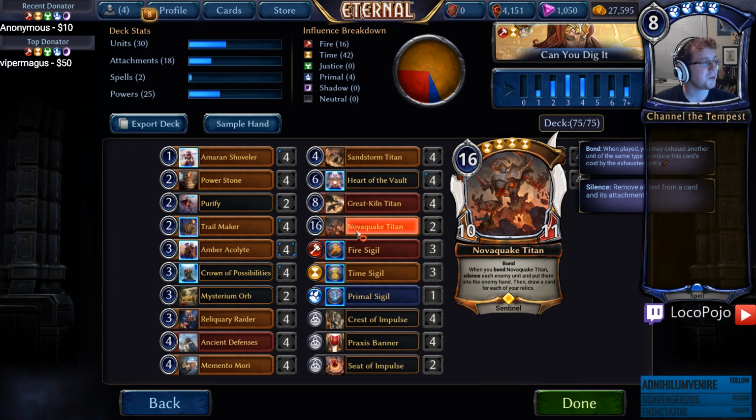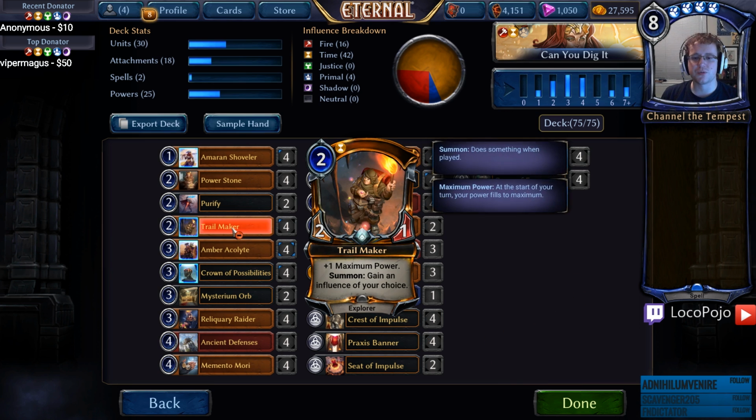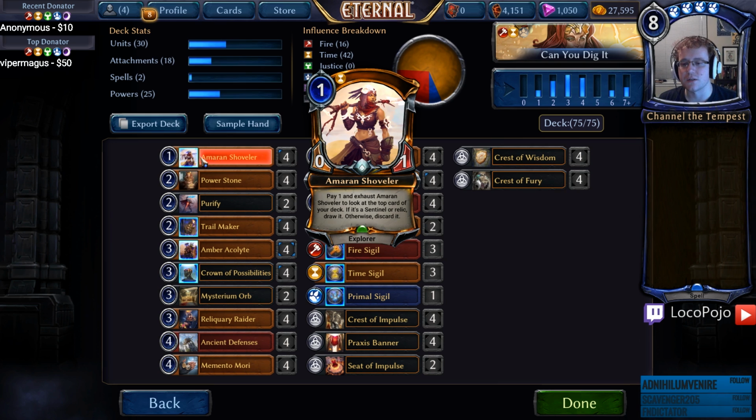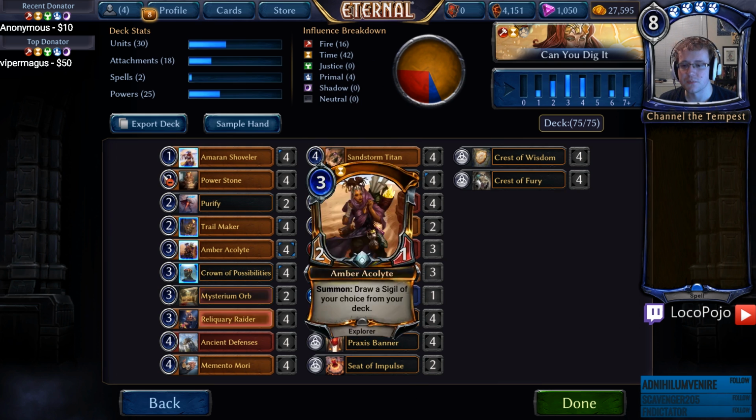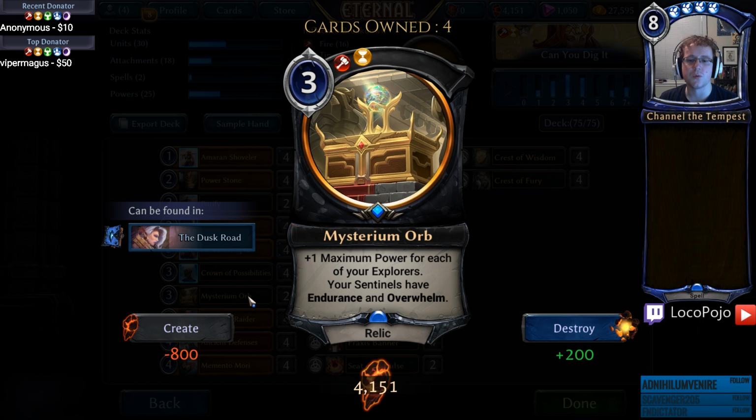So yeah, let's talk a little bit about the basics of the deck. So this is Explorer Ramp. And what that primarily means is that we are using explorers like Trailmaker, Amber Acolyte, Shoveler and Reliquary Raider to make up the early base of the deck, with Mysterium Orb to ramp for each of our explorers. Trailmaker also provides some ramp, Amber Acolyte provides some fixing that helps us get the influence that we need